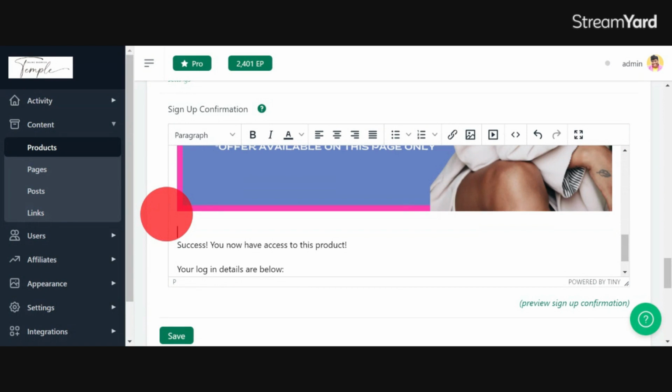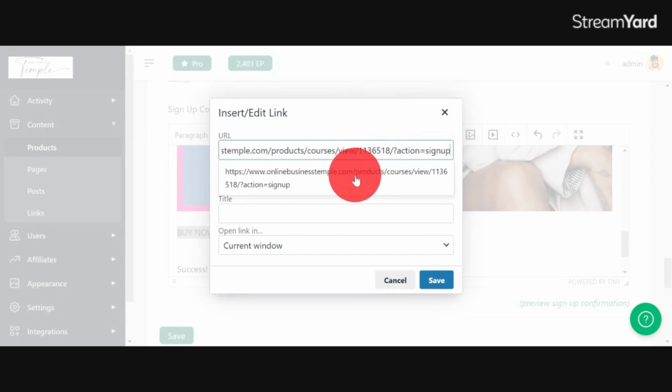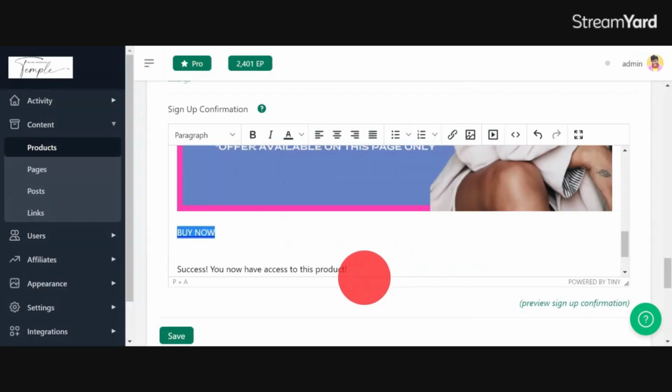But what I'm also going to do is put another link on the page, just in case people are not familiar with clicking on an image to access the link. So I'm just going to say buy now. You can be a bit cleverer with your wording here, of course. I'm going to highlight that and use that same link again, and just create a hyperlink, so they've got two options. They can click on the image, or they can click on this link,